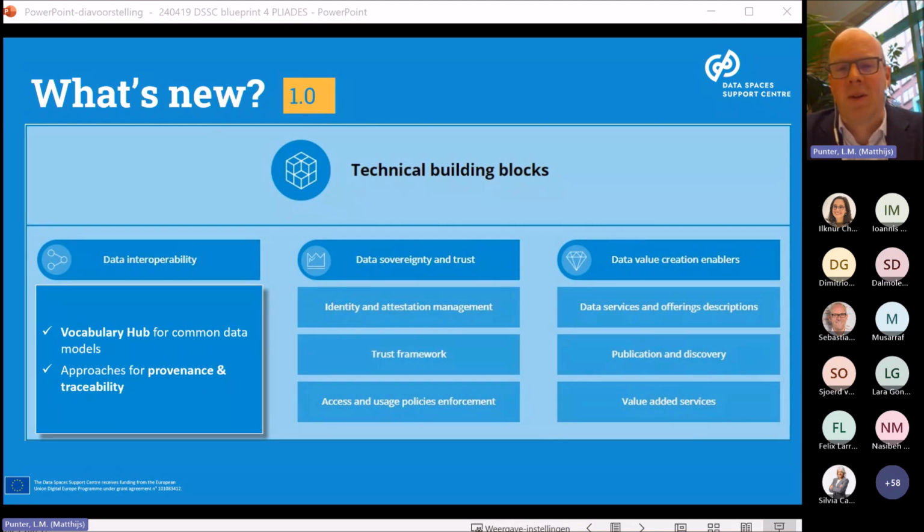And also this is actually one we introduced in the latest version. How do you deal with provenance and traceability? So you're exchanging data, but maybe you want to keep a record of what you have exchanged for future accountability and traceability purposes. We've introduced this building block, but this is still a little bit terra incognita, I would say. There are different approaches here, and maybe the PLIADES project can actually help us to extend this topic with new